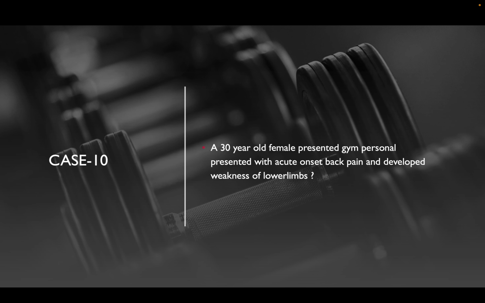A 30-year-old female presented with acute onset back pain and developed weakness of the lower limbs. Let's say a 30-year-old female presented after lifting weight and developed sudden onset back pain. Generally it is disc prolapse. Gym workers will often have disc prolapse. So disc prolapse is a possibility where it is causing compressive myelopathy and sudden onset weakness. Generally you don't have sudden onset. They'll have some amount of disc prolapse already present, but if they keep on lifting weight, that disc prolapse will progress